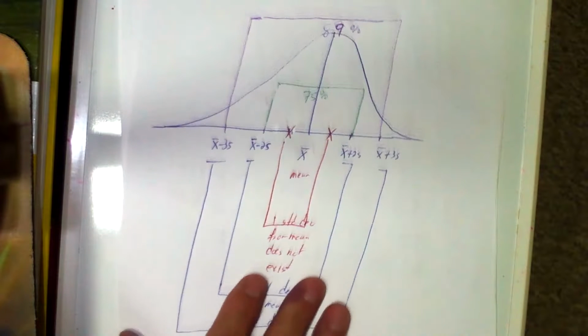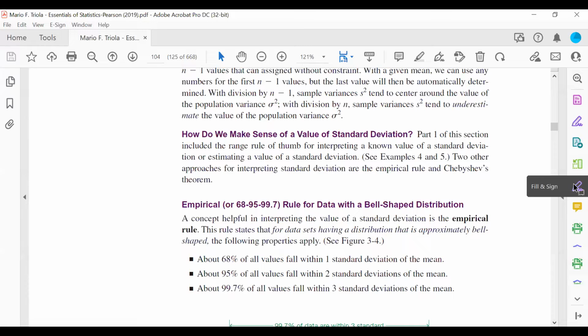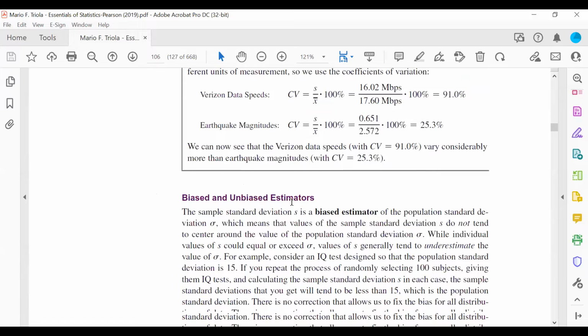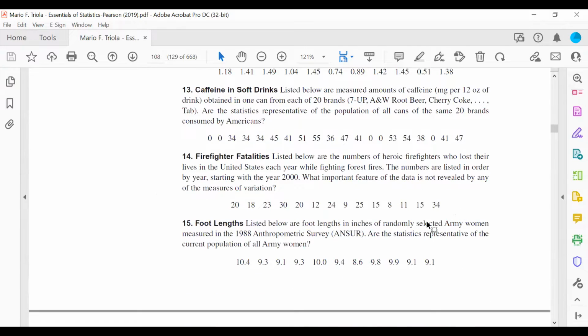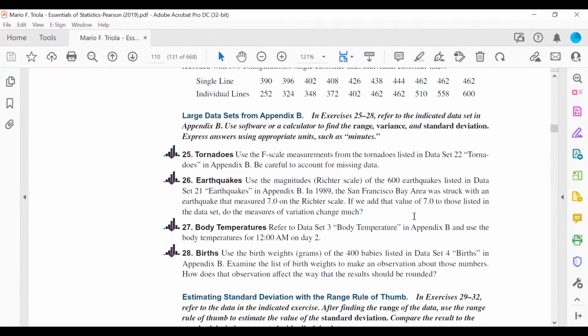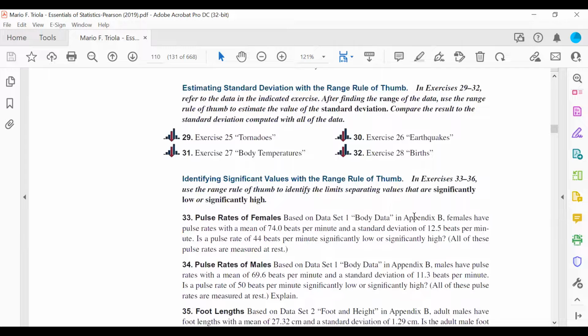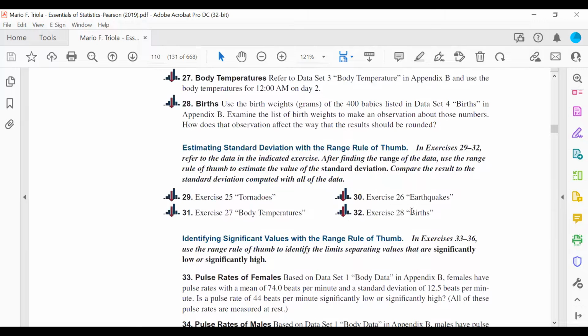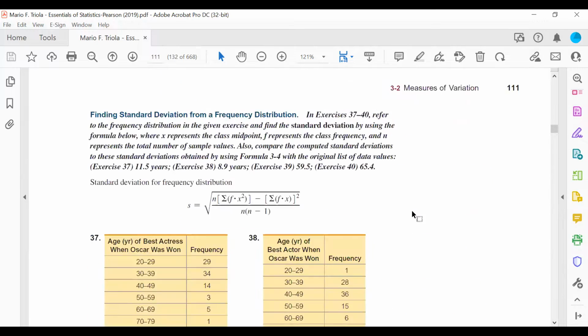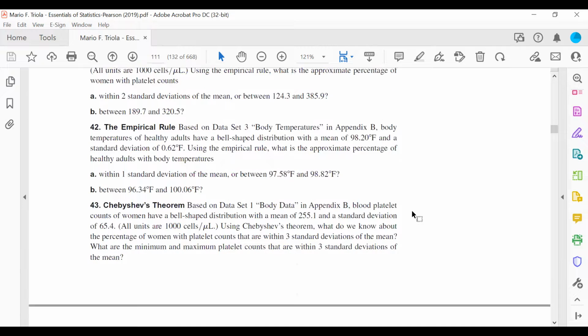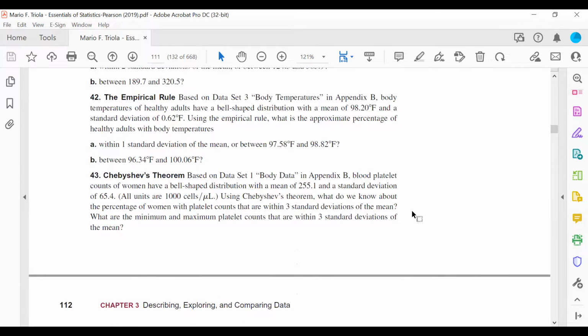All right, so let's do one. Let's do an example from the book. The one in our book is on page, let me find it. There you go. Number 43. Okay, so let's look at it. So 43 says,